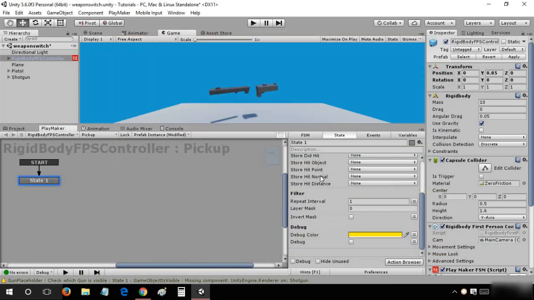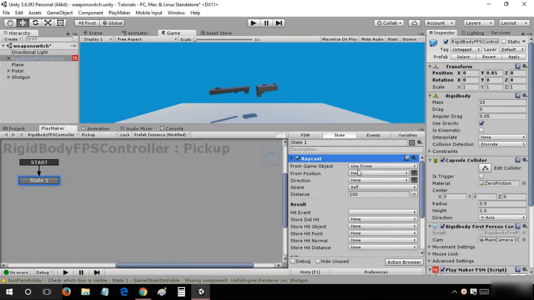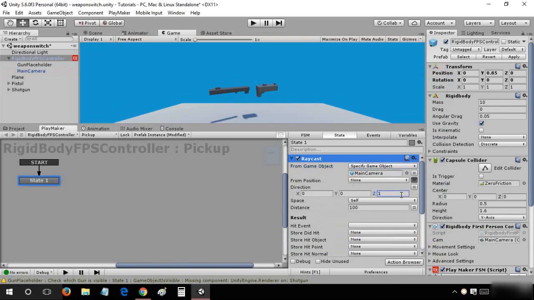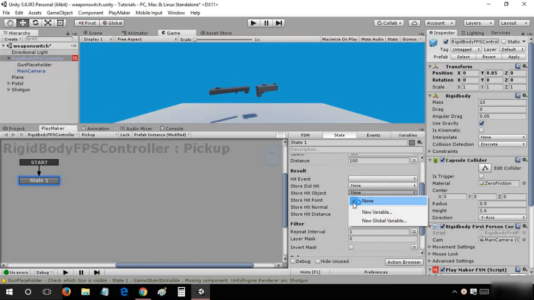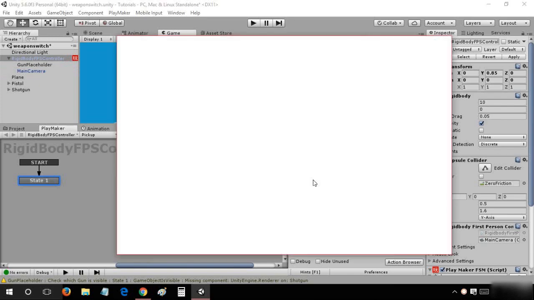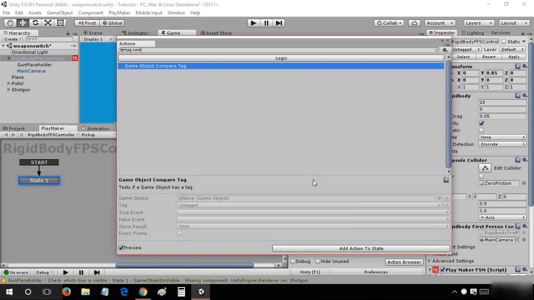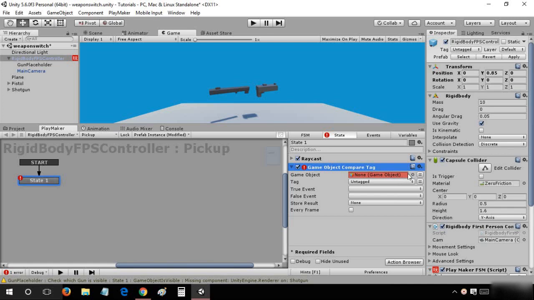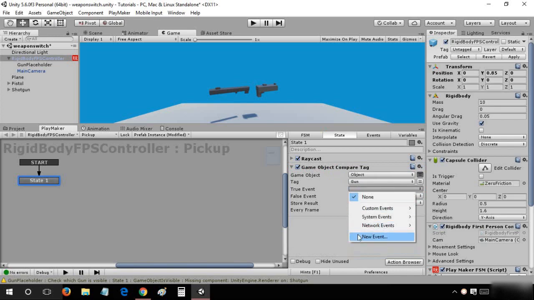It would send a raycast from the main camera in the positive z-axis, that means forward, and it would store it in an object variable, and it would do a tag compare of the object and see whether it is a gun, and if it is a gun, then it would say can pick up,